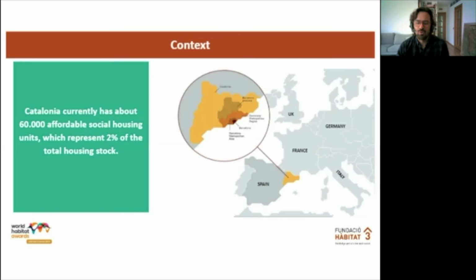Approximately 230,000 additional social housing units will be necessary to meet the current demand from citizens at risk of social and residential exclusion. On the other hand, in Catalonia, it's not very common that social organizations like Habitat 3 manage social housing,